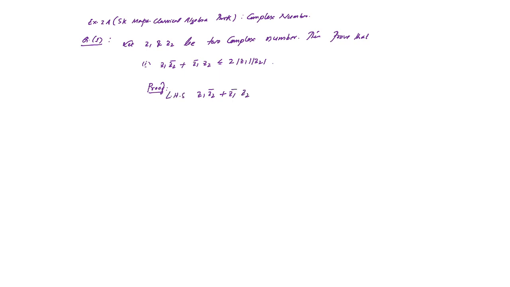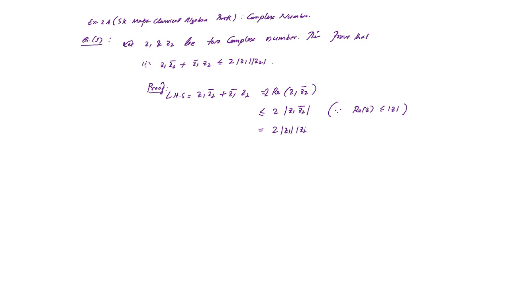So we can write this as 2 real z1 z2 bar. And obviously you know the formula, real z is less than or equal to mod z. So obviously this is less than or equal to 2 modulus of z1 z2 bar, and this will be equal to